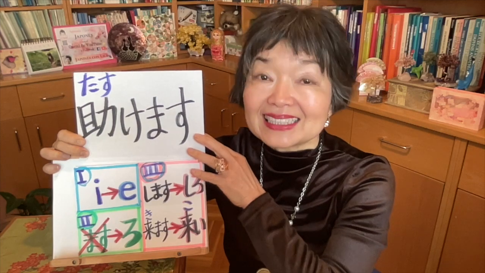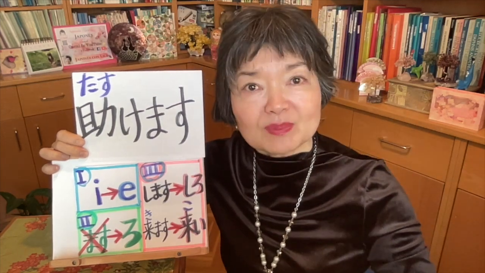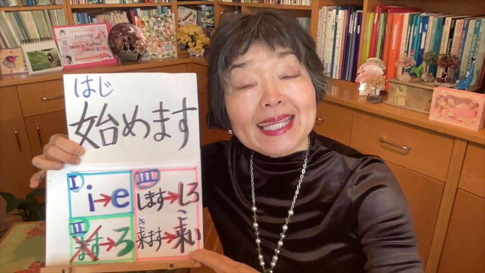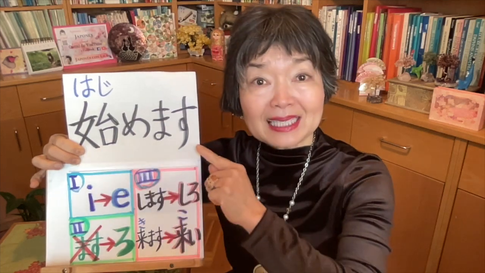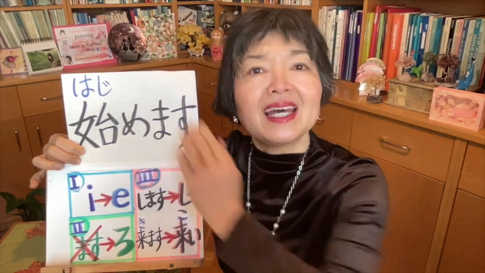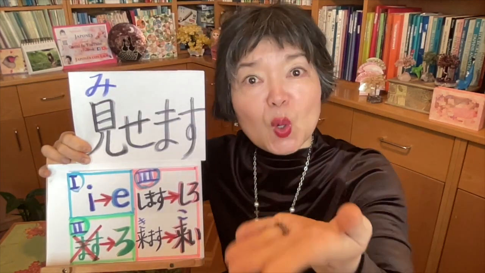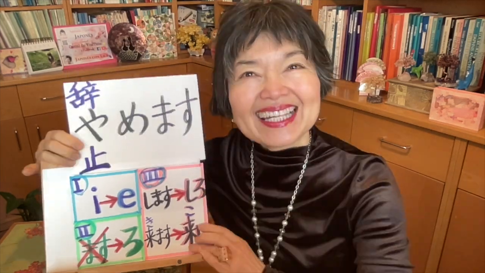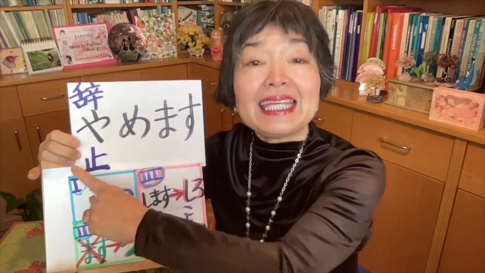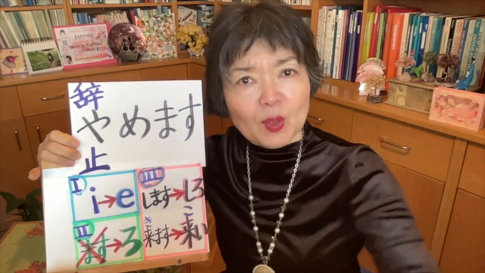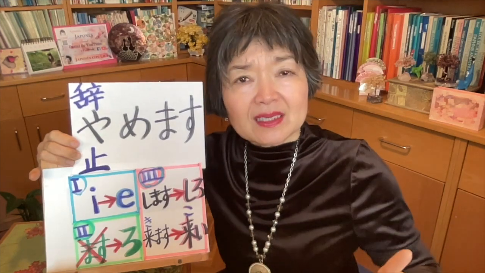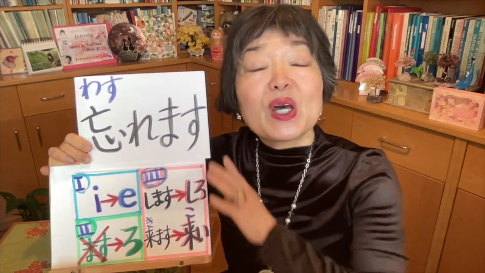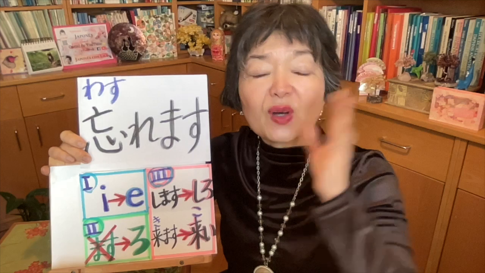To rescue, to assist, to aid. 助けます。Then rescue him. 助けろ。Go to sleep early. 早く寝ろよ。To begin, to start. 始めます。So without ます, 始めろ。The verb to show. 見せます。So show it, show me. 見せろ。The verb to stop. やめます。So やめろ。Cut it out. Knock it off. Stop it. やめろ。